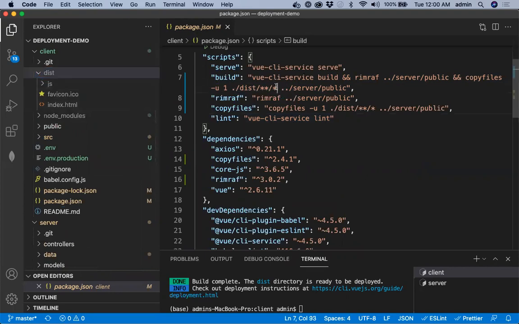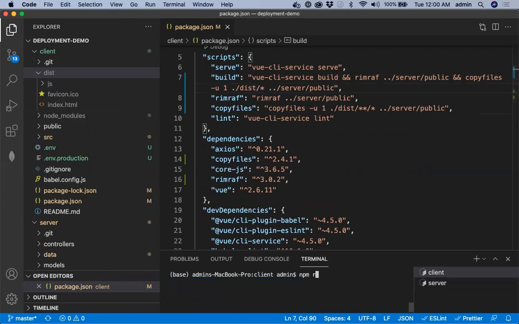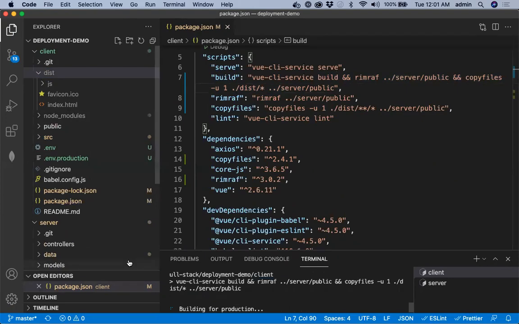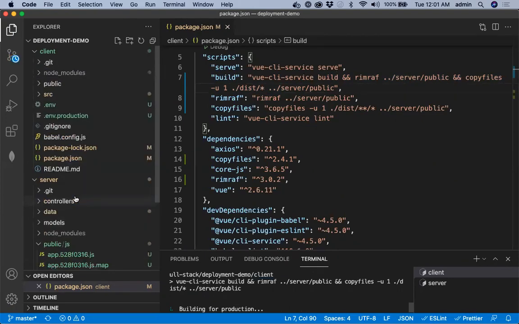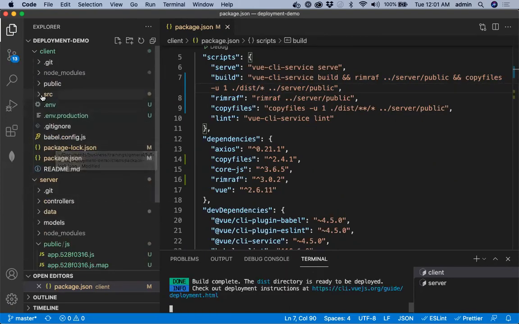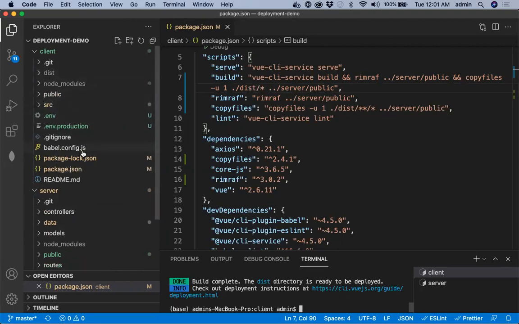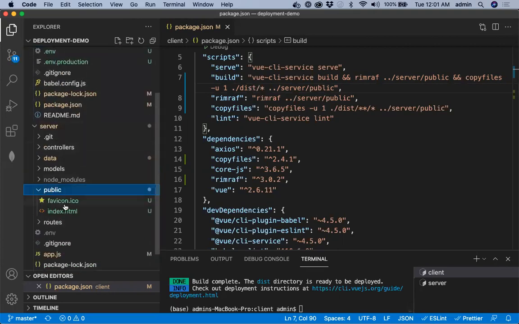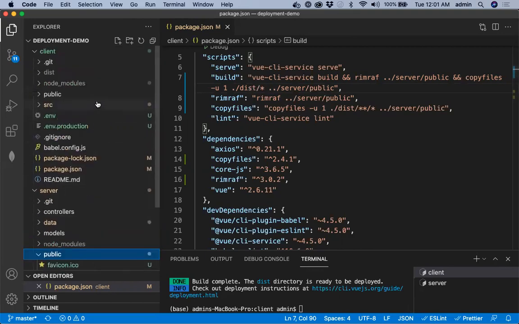Okay, I think I just need to say star, not star, star, slash star. Let me try again. Now it's not copied the JS folder.